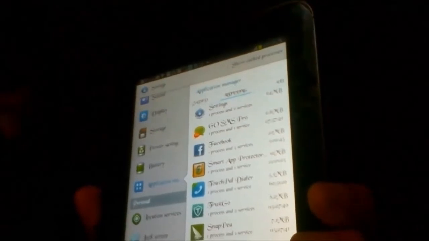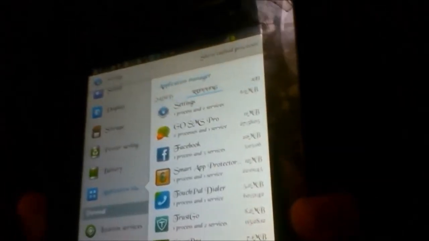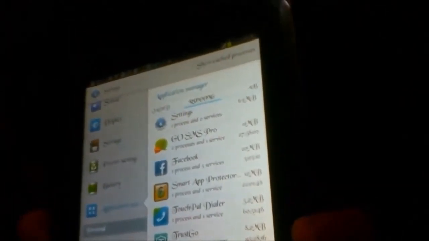So what is a strong way to kill this app so that it does not appear again automatically? As you saw, this is the running tab. I just moved and slid it to the downloaded tab. Now, when you do not want an application, go to this downloaded tab instead of the running tab and just kill the app. I'll show you a quick example. You can see the Facebook app. I do not want my Facebook app. It is consuming 20 MB of my RAM. So I'll just kill this.